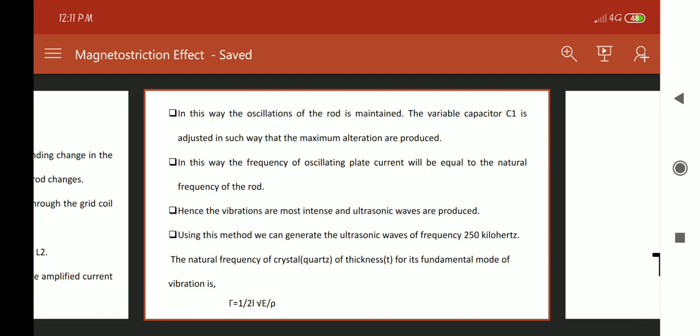So like this, by using this formula, we can calculate the frequency of the oscillator.